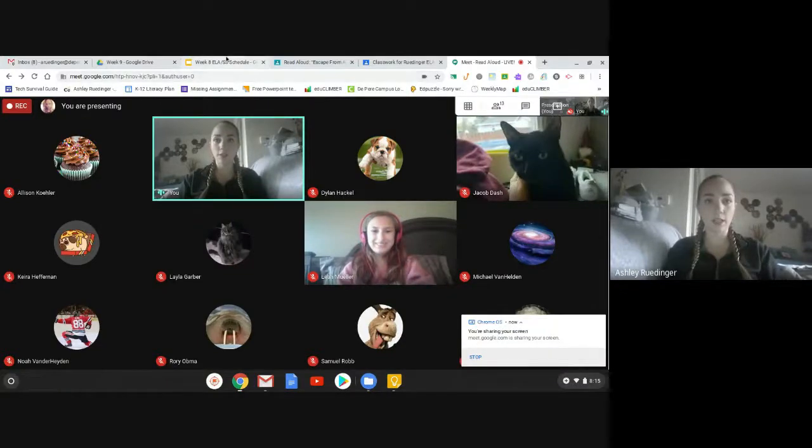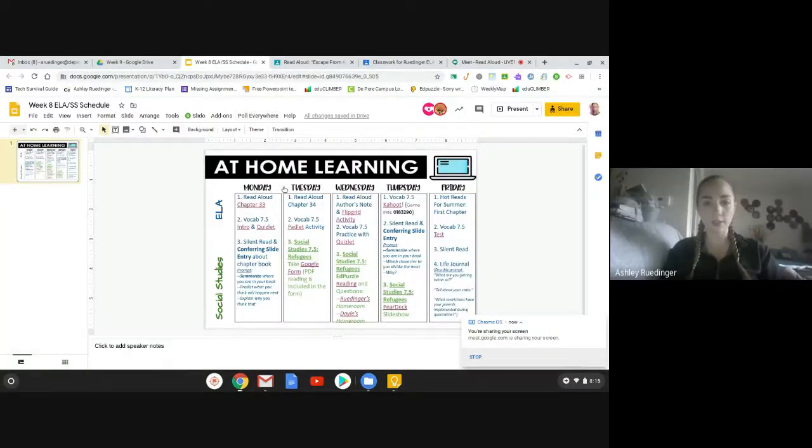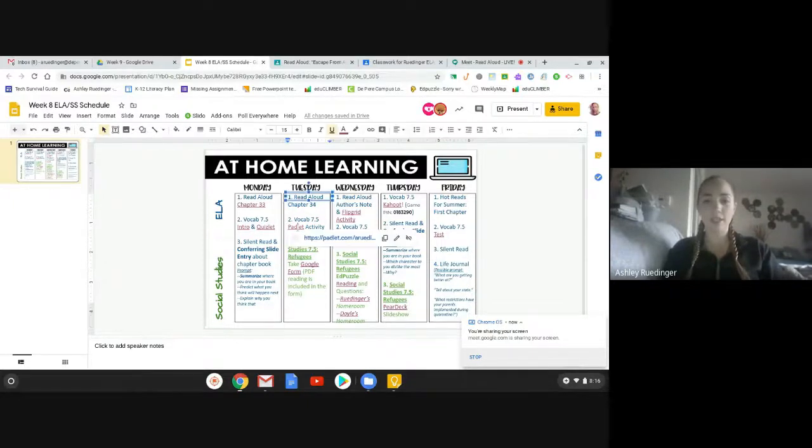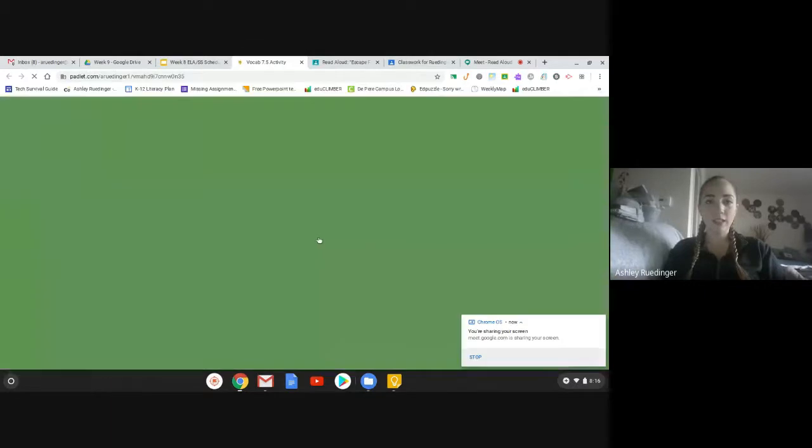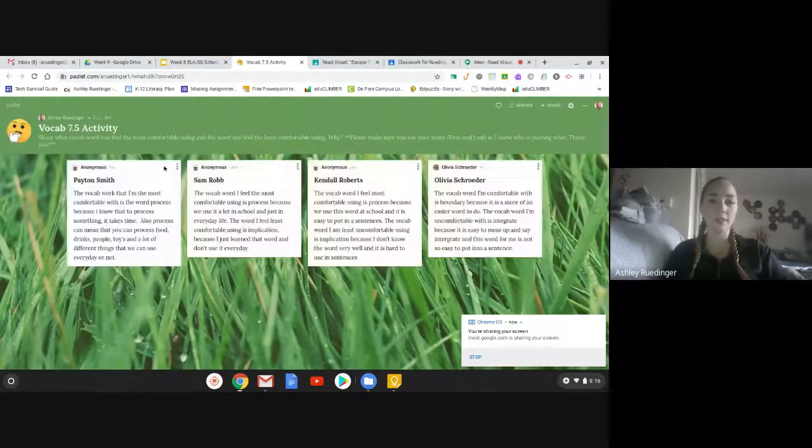If I'm looking at our agenda for the week that I sent out on Sunday to your email, and it's also under the agenda material each day, if I look for Tuesday's material, we've got the last chapter today for our read aloud, and then our Padlet activity. If you click on the link, it takes you straight to the Padlet, and it's a pretty simple question. The direction is always at the top.